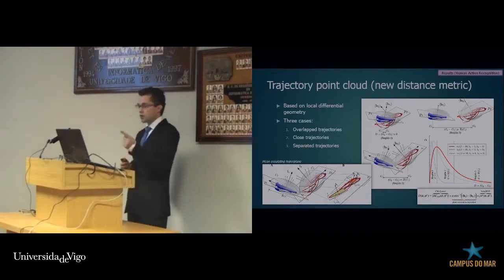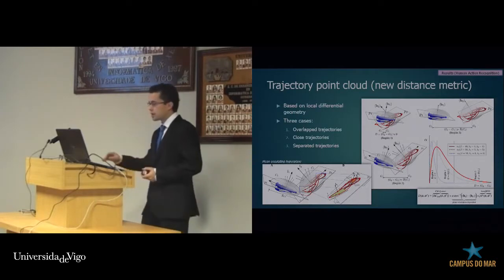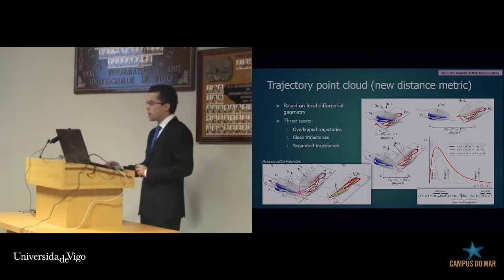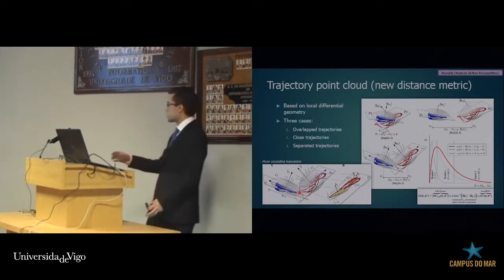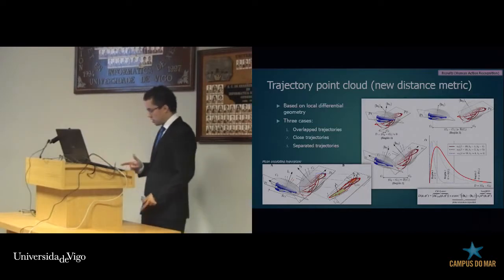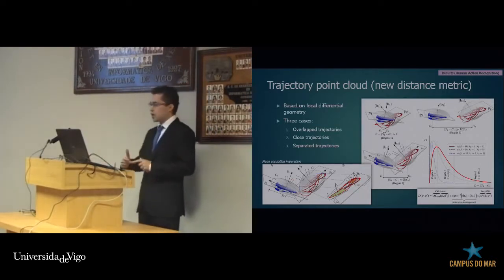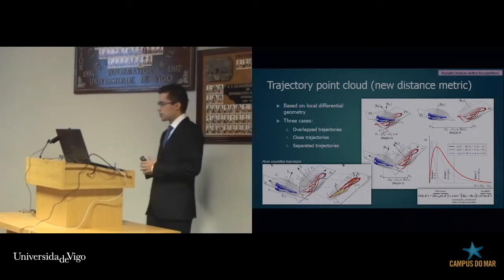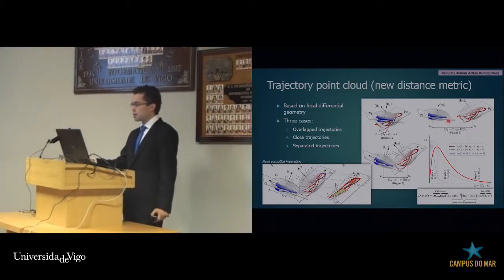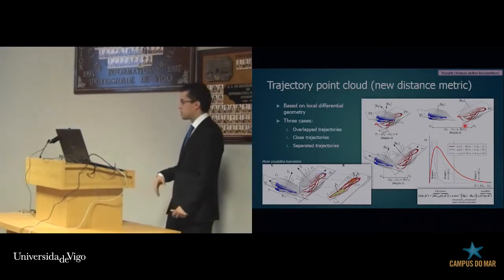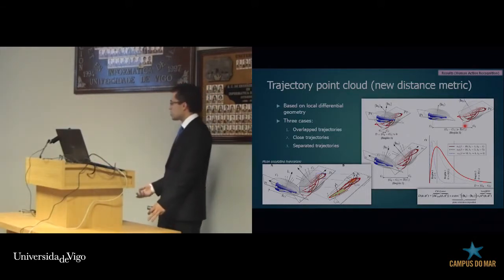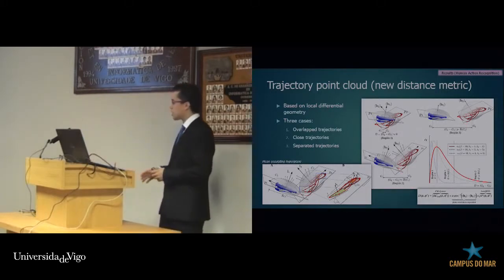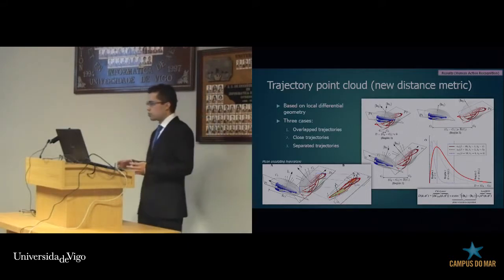But you can use the local differential geometry properties, and you can create a mean osculating hyperplane, based on the Frenet-Serret equations. It is based on the normal, binormal and torsion, and you can calculate the hyperplane very well, and this hyperplane is unique for each trajectory. In other cases, for example, if you have trajectories that are very separated, it's not important, because the centroid of the trajectory can be useful. Or for example, in that one, you can have some parts of the trajectories overlap. So in that case, maybe you are interested